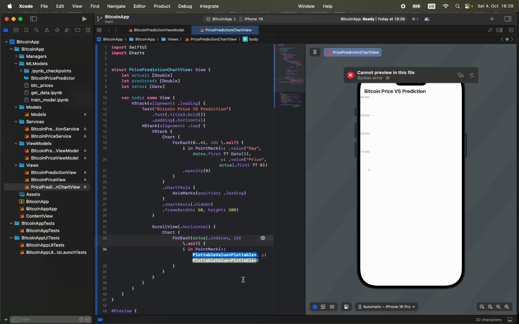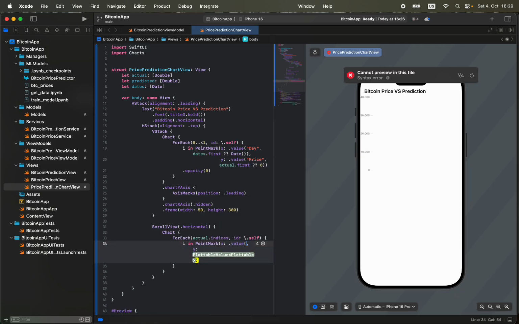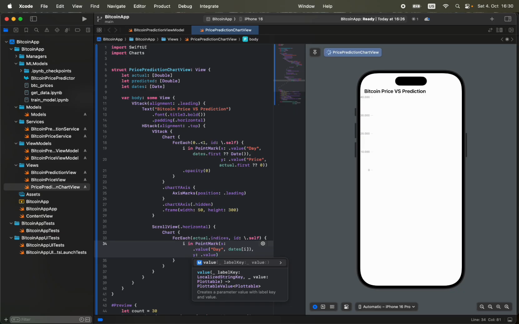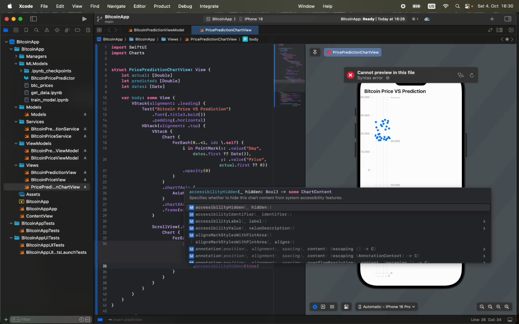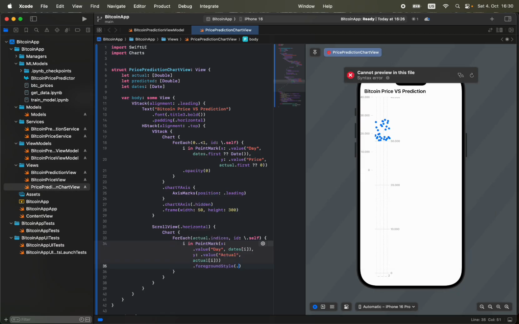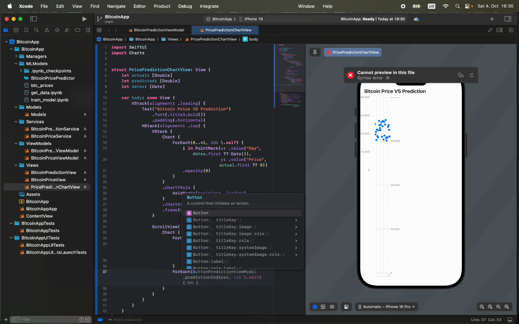And now we need again x and y is value for the day, dates, I. Y is also value, but for actual I. Let's add foreground style and make it blue, and another loop for predicted indices,